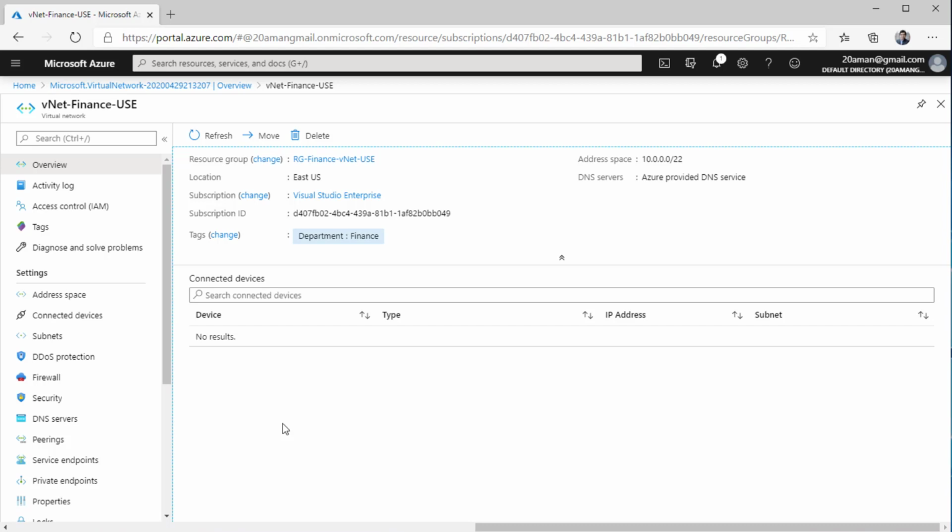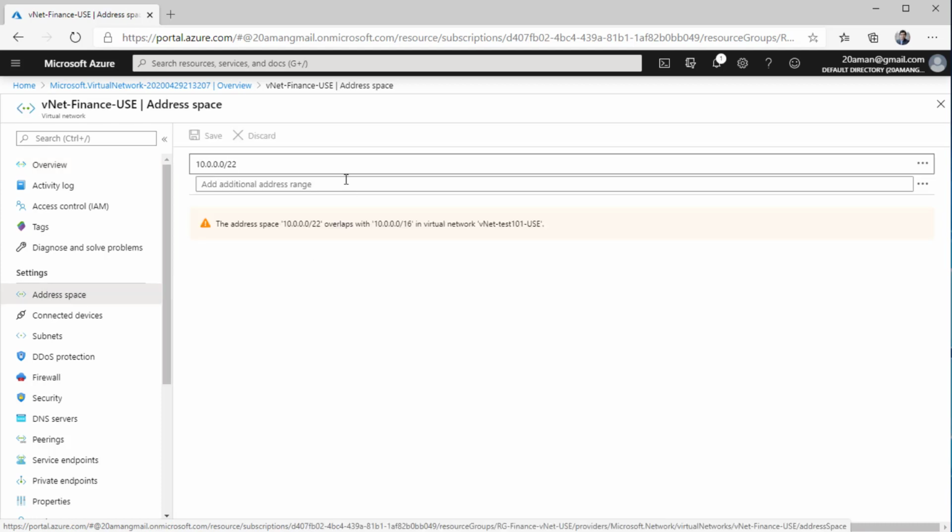But for now, the address space that we created and the subnets that we created, if for some reason you want to create more subnets or you want to update the address space, you can do so. Under the virtual network, it shows you the basic settings over here. Under settings, you can navigate to address spaces, and this is where you will see all the address spaces assigned to your virtual network.